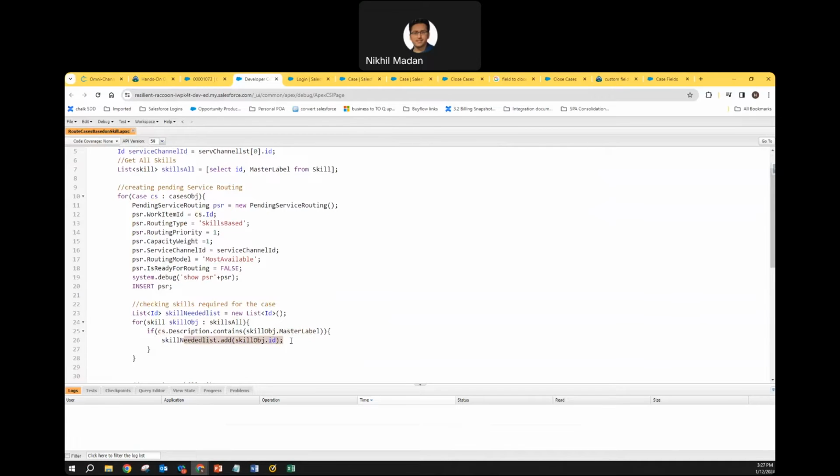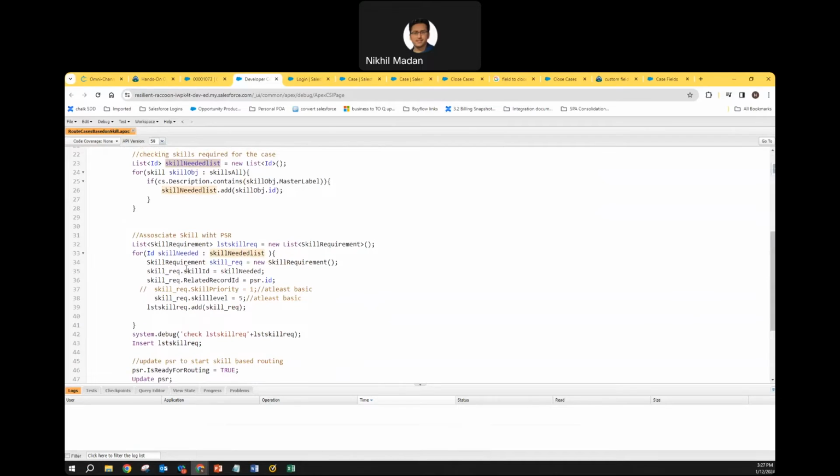If it says yes, it contains it, then I'm adding it to that list. And then here I will go through that list in a for loop, and I will create the skill requirement here because these are the skills needed for that case. So if, for example, they say truck collision and Hindi, then I will create 2 skill requirements and add it here and insert it. So if you see here, in skill requirement, the first thing needed is skill ID,